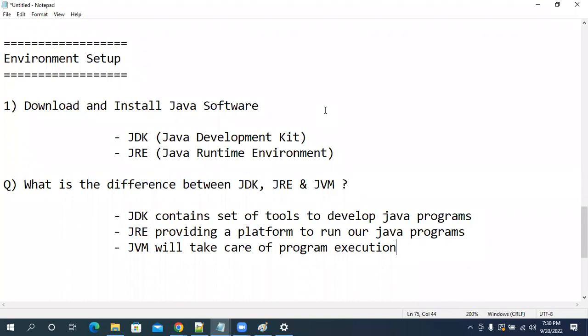For example, I will ask you, hey, get one marker. Do you know where the marker is? Do I need to tell the path for the marker? Go to the front office table, take that drawer. There is a marker, bring that. If I give the instruction, if I tell you the path, you can get me the marker. Similarly, if I want to do anything with Java in my operating system, first I need to tell my operating system where Java is installed. Are you guys clear with my point?